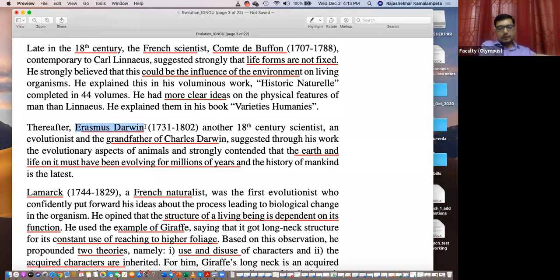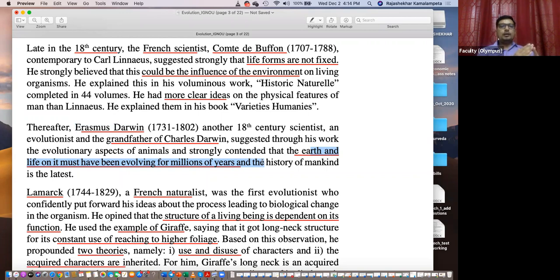He also talked about this concept, the evolutionary aspects of animals. Clearly he recognized that Earth as well as the life on Earth must have been evolving for a long period of time. So continuing with what Buffon said, yes, there exist ideas of